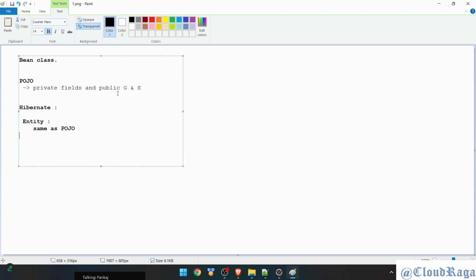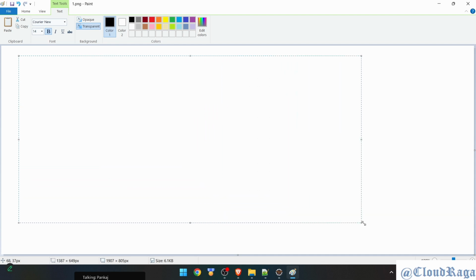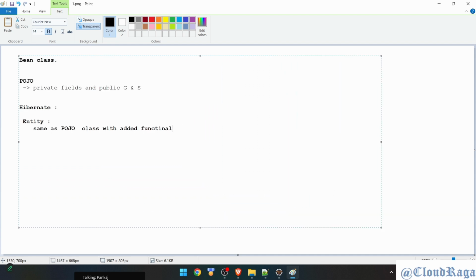Same as Pojo class. The difference was with added functionality. What was that functionality? This class can interact with DAO layer. And to make it an entity class, what we did? We used annotation